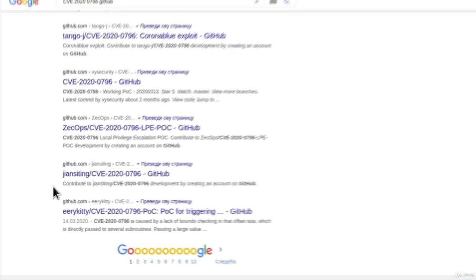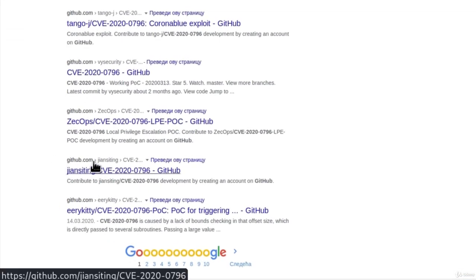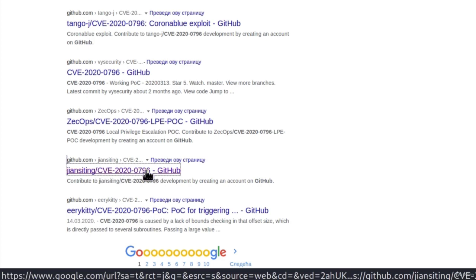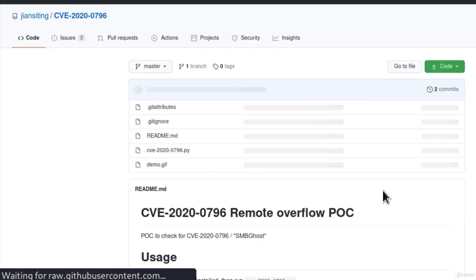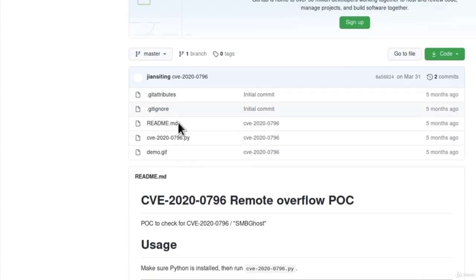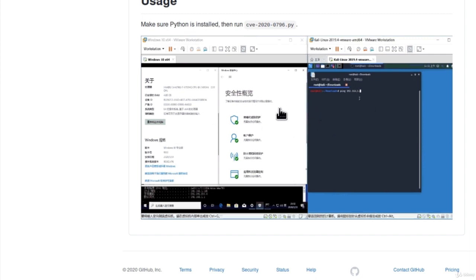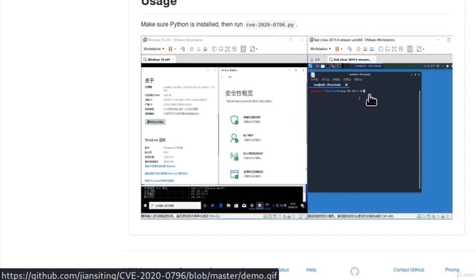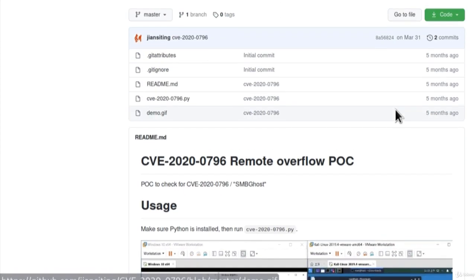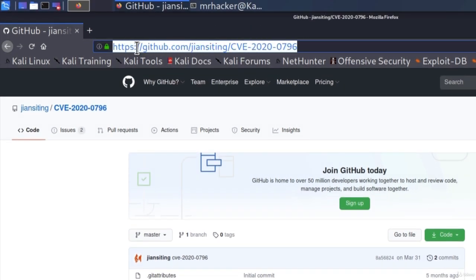So if I go all the way down, you will see this GitHub link. It is from a user, and it has the name of our vulnerability. If I go right here, we can see we got a few files. Once again, this is a Python tool. Under here, we got the usage, and a demo GIF. Here we can see the command that he is running. And if we go right here and copy the tool link,